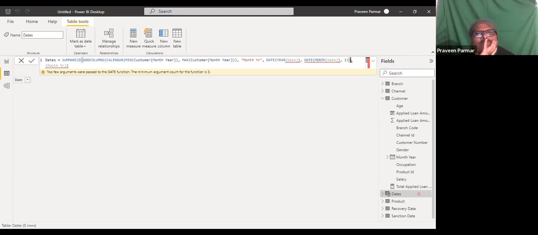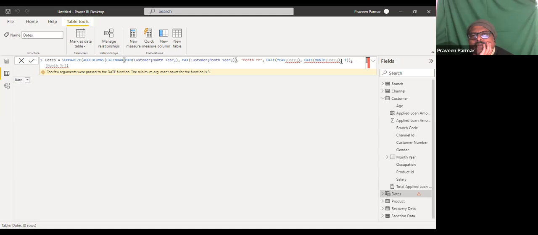Summarize, add columns. Then minimum we added two times. Corrected month, year, date, year, date. There should be single. And this is for what? They're not getting the output for this. These two. Okay, this is for this.